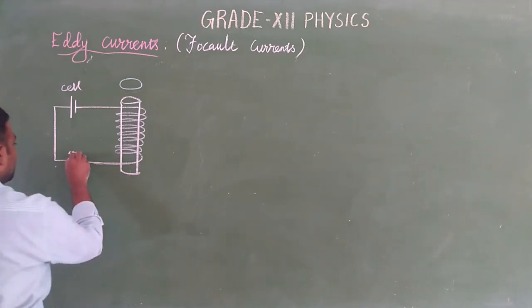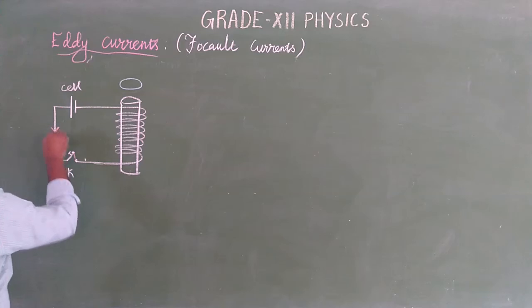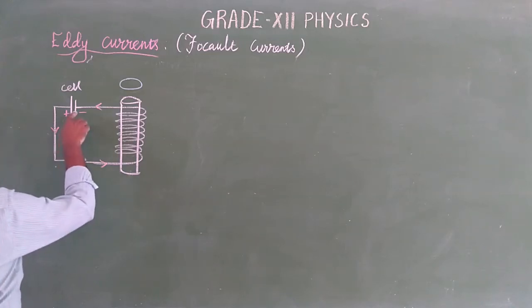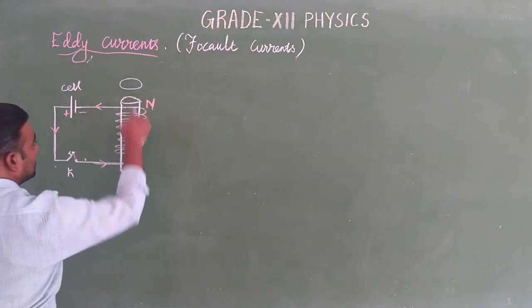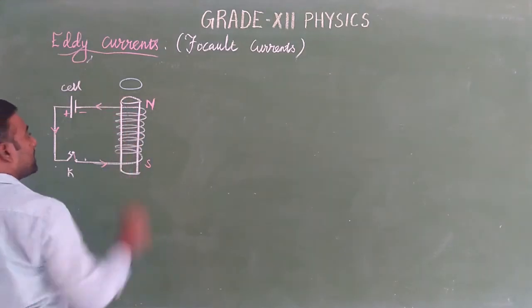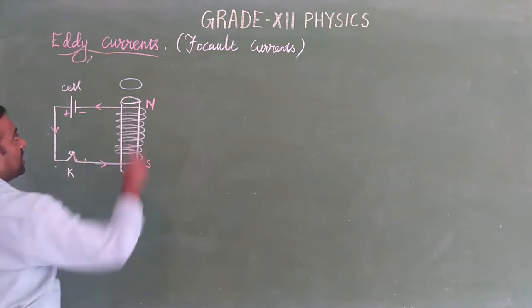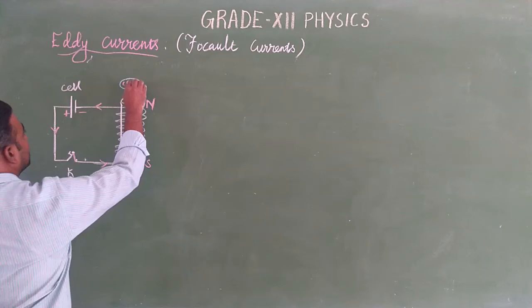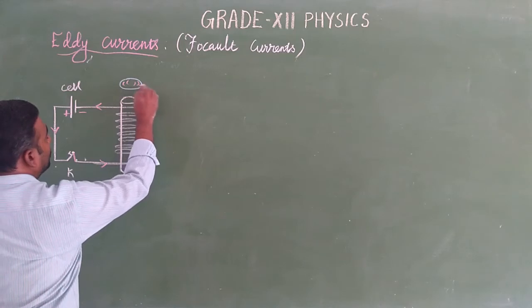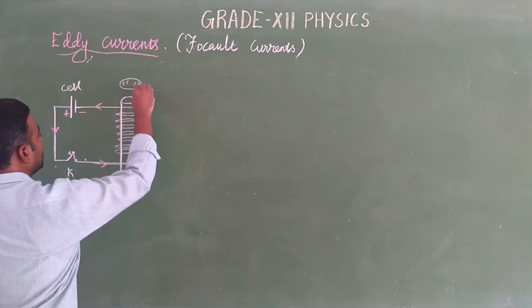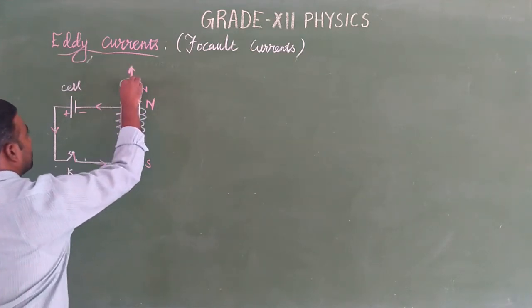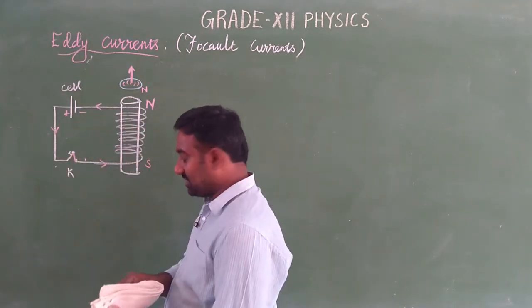Now plugging the key, let the circuit close. The current flows from positive to negative. So this is the direction of the current. So the upper end of the solenoid acts as a north pole, and this side acts as a south pole. Due to the sudden change in the magnetic flux when the key is closed, the metal disc experiences an induced EMF. Due to the induced EMF, the lower end of the disc acts as a north pole. So north and north repel. Due to this, the metal disc begins to move upwards. புரியுதுங்களா? This is a disc.